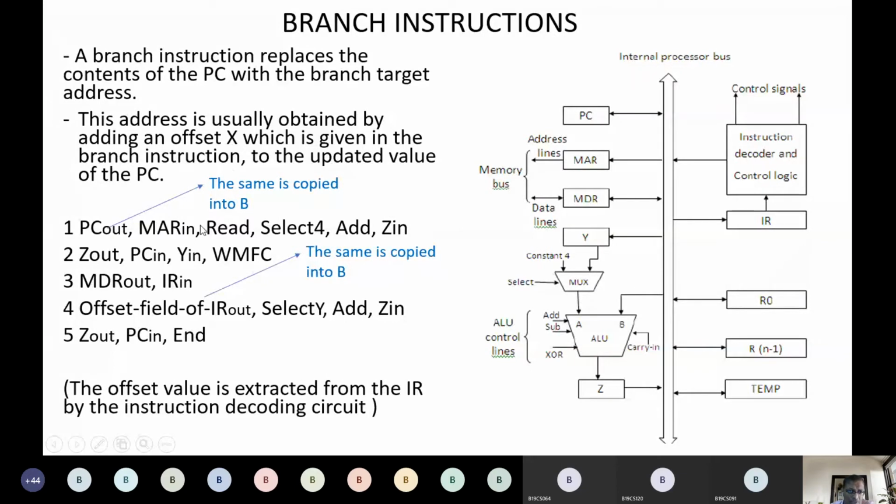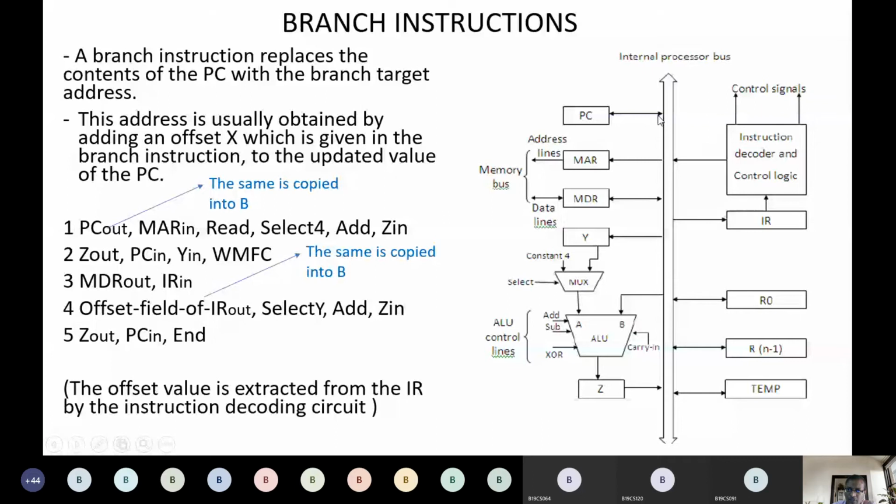Okay, so here you can see in the sequence of addresses what happens, looking at this diagram. The same diagram we used in the previous slides also. This is a repeated diagram we are using to understand these instructions. So for the branch instructions, these are the set of instructions. The instructions we saw earlier were all sequential, but here for the branch instruction we are generating the branch target address. So here as you can see, PC out.